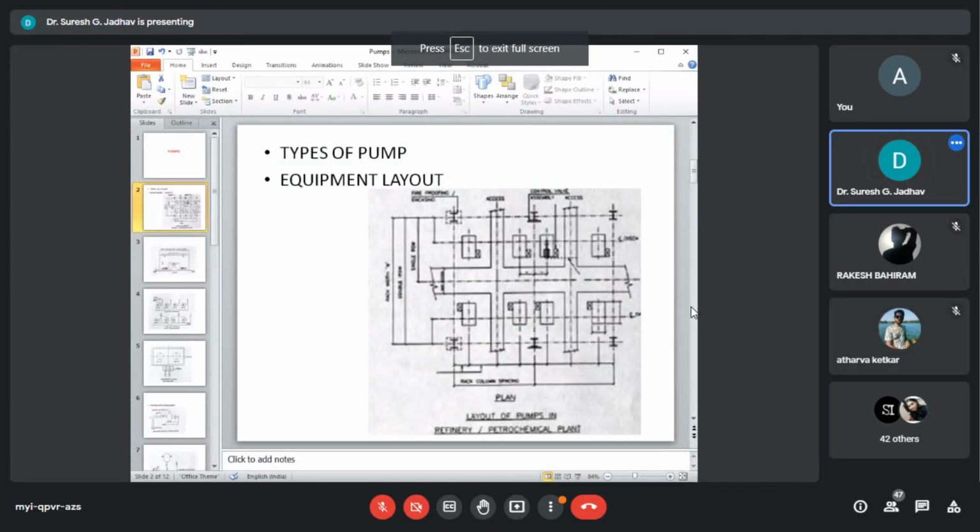So there are three types of suction and discharge arrangement of pumps available in refinery or petrochemical plants.